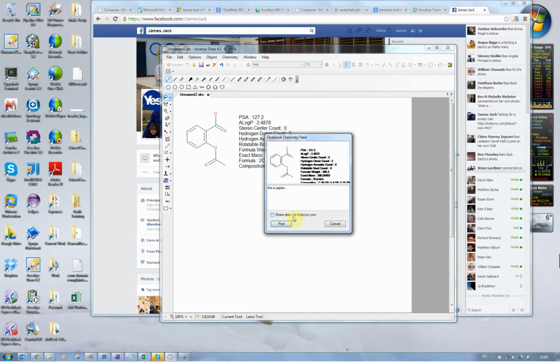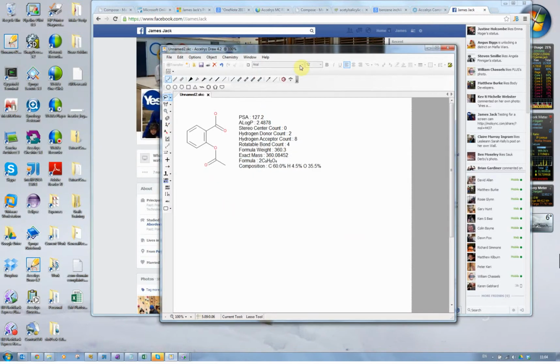But if I wanted to actually persist the chemistry, then I've hooked up with a third party, molsync.com. They have a database which you can register chemicals into, and when you register a chemical, it gives you back a URL, which gives you a link to a page about the molecule that you registered, and through that page you can actually get back the chemical structure file. So you're actually sharing, persisting the real chemistry that way. So I'll click on that, and then I just click on post,